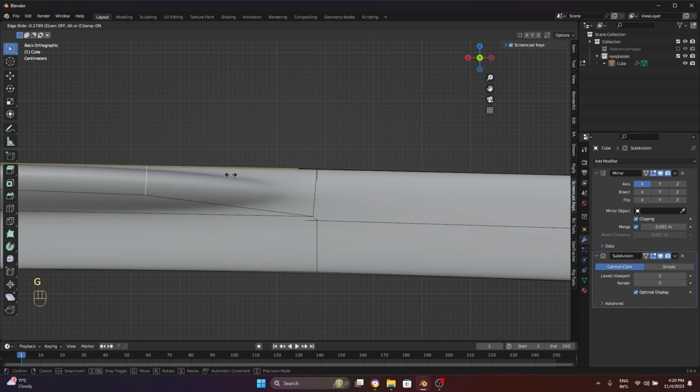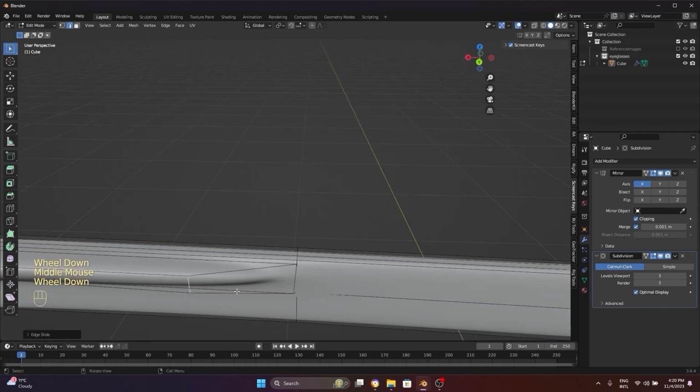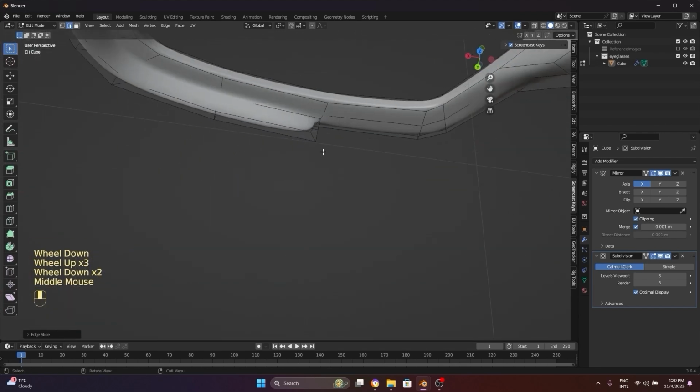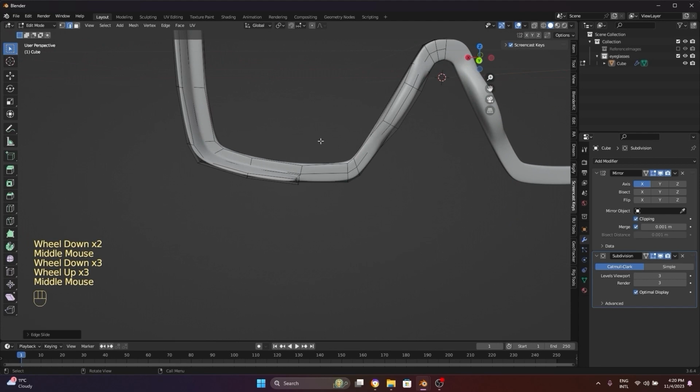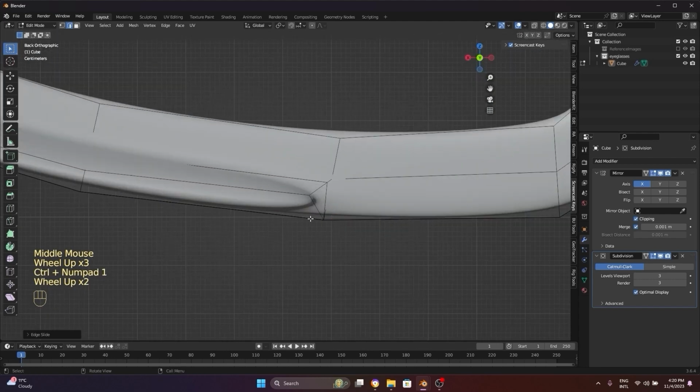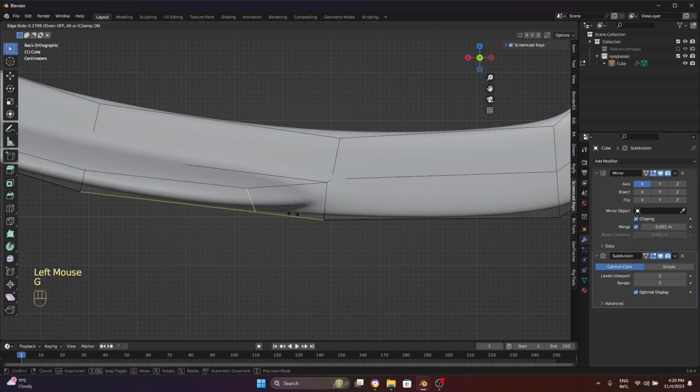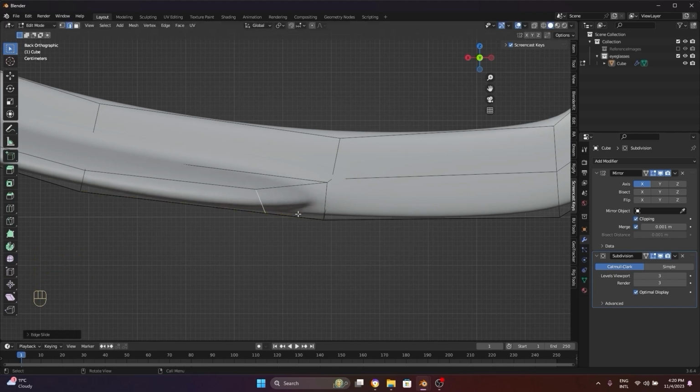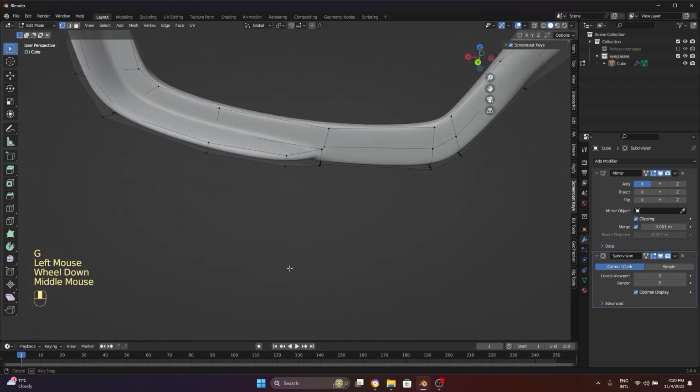GG, and let's drag it so it doesn't get so sharp. Yeah, it's better now. Same thing here at the bottom. GG, let's slide it a little to the left. Okay,